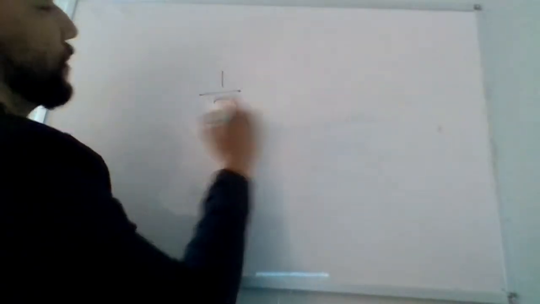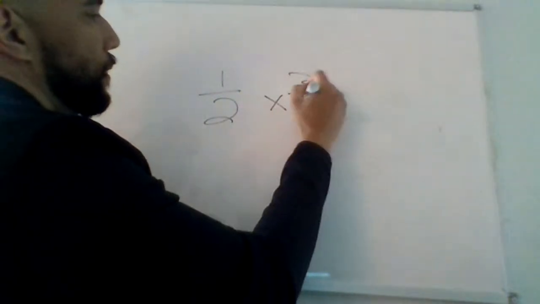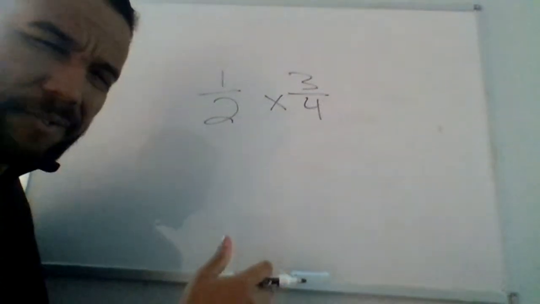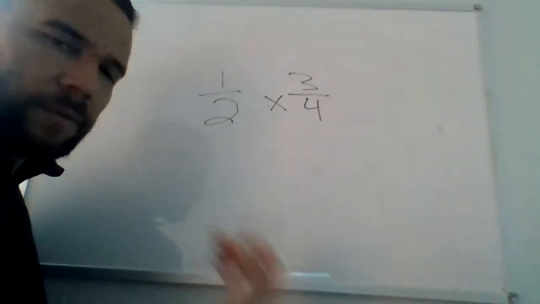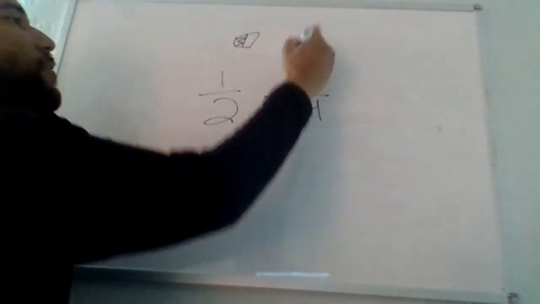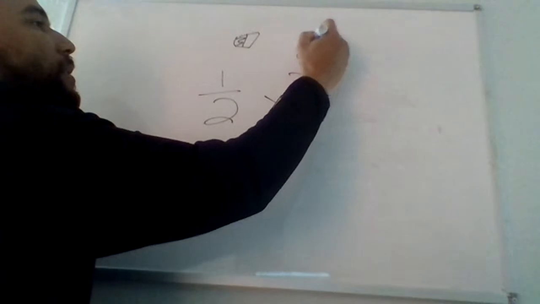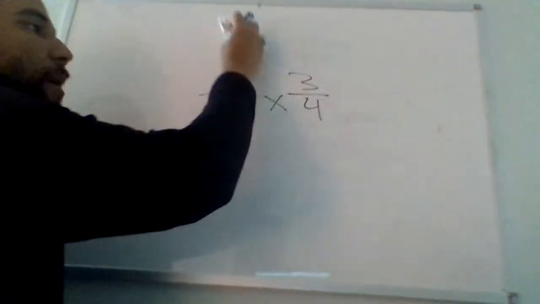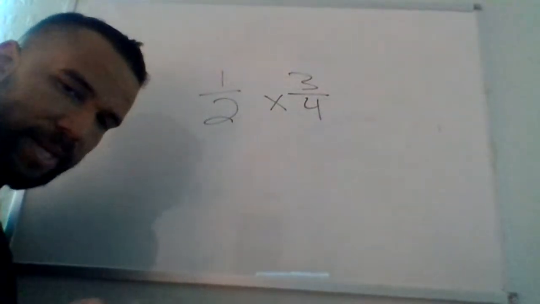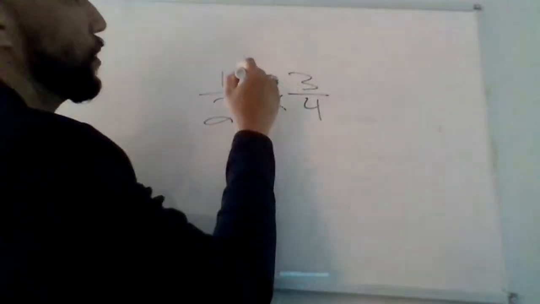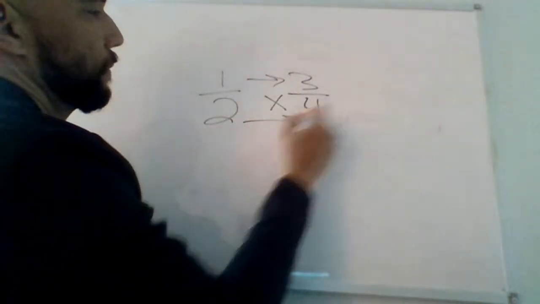Okay. So when we're multiplying fractions, and again, staying with simple numbers, there are models we can use for this. I'm not going to get into them. They're not going to be useful. You understand that 1/2 looks like this, and you understand that 3/4 looks like this. Everybody gets that concept. I don't want to spend too much time on that. What I would like you to know is why we can play around with some of the things we can play around with. Okay. So when you're multiplying fractions, you just multiply straight across.